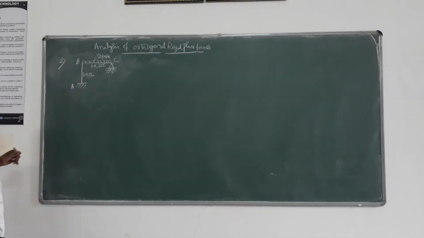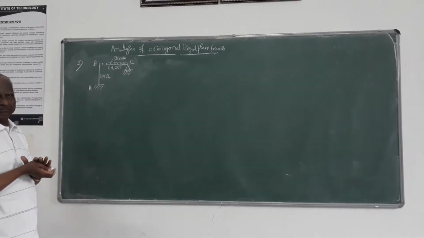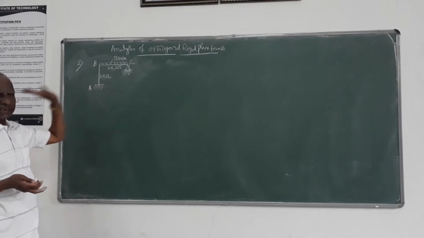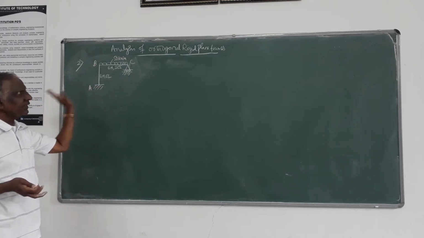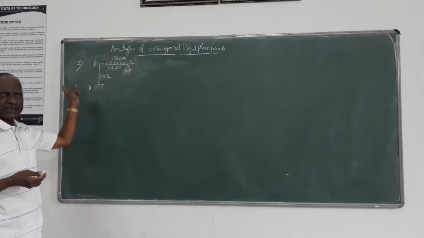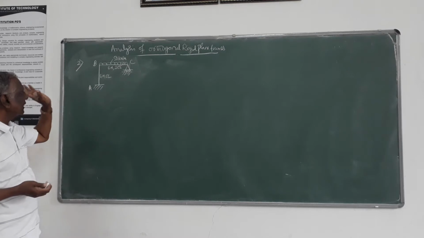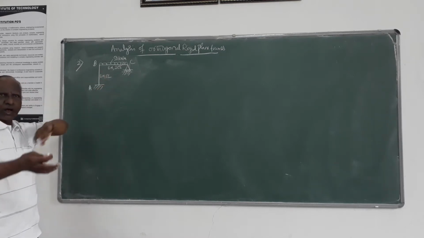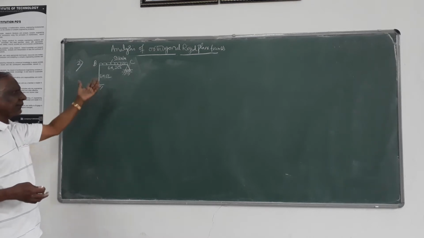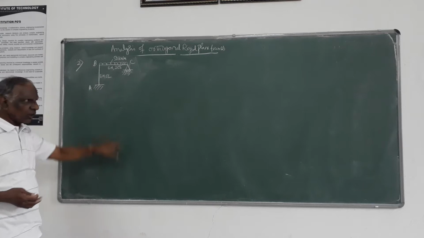Now we will take up analysis of sway frame. The previous problem was non-sway. Now I have taken a problem to explain the procedure of the moment distribution method for analyzing the sway frame. This is the frame I am considering, ABC. The same frame you have already analyzed in the slope deflection method. I think you can compare the answer you got in slope deflection method with the one we are going to get now.